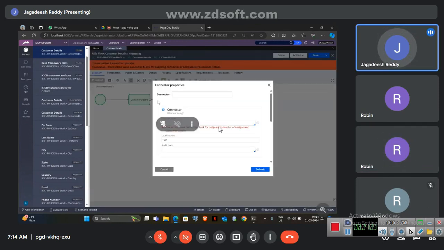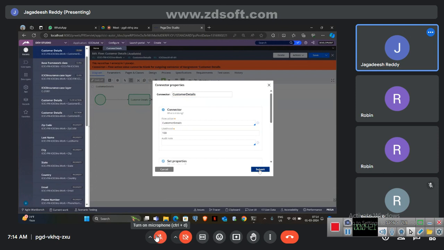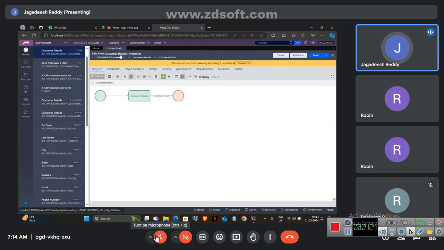Okay, understand what is draft on and draft off. Draft on is nothing but a dummy flow. If you want to change the flow name, we can also double click here and edit it. So this is about draft. Make sure that every time the draft mode is off. And the next thing is